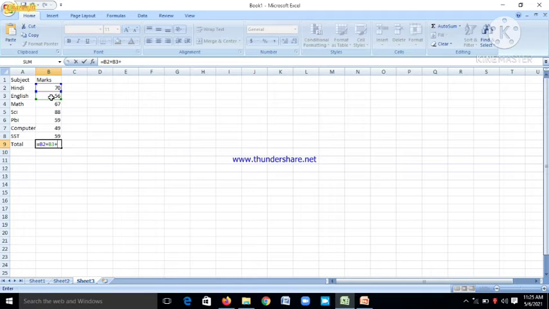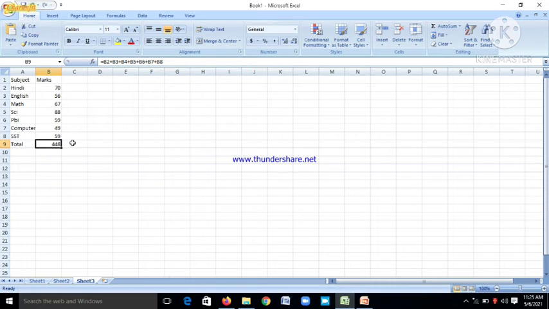Again we have to add the plus symbol, select another cell, plus. We have to keep adding plus until we have added all the data. When we have done, then press enter only. Look at this. Here is the total of marks that you have obtained in different subjects.